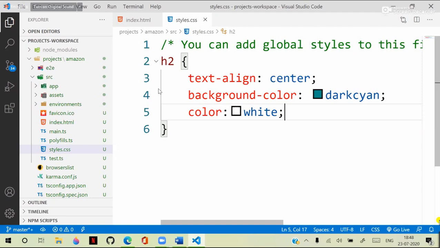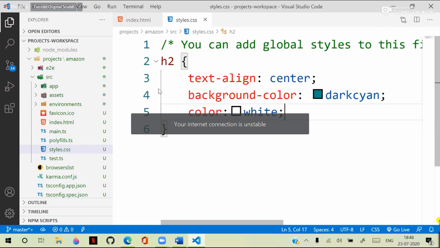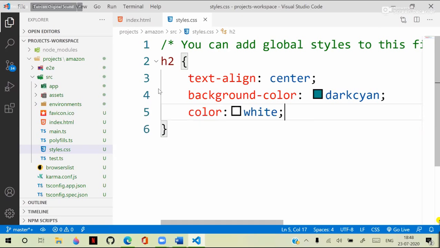Whatever you configure in styles.css is globally available. Remember, every component can have its own individual styles. You can configure the global styles here. And one more option we have is this test dot